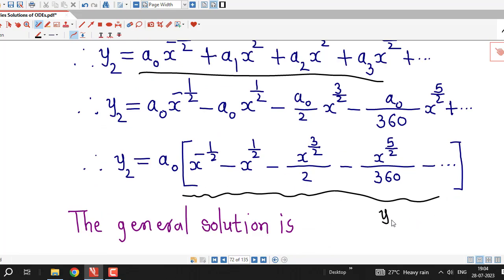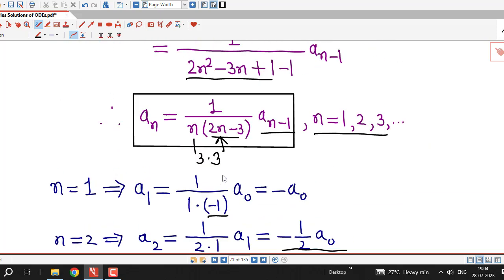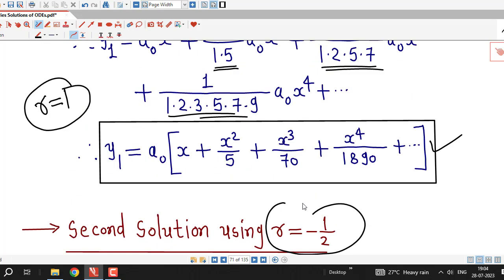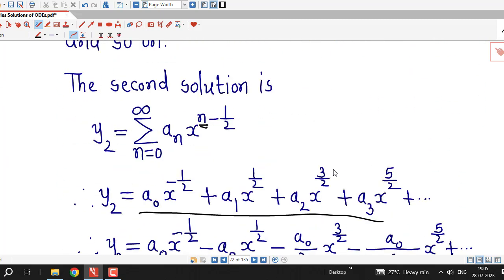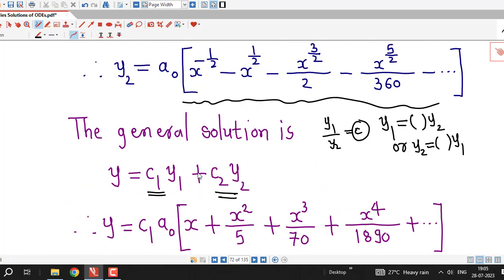Linearly independent means we cannot write y1 as a constant multiple of y2, or we cannot write y2 as a constant multiple of y1. If the ratio of y1 and y2 is constant, then y1 and y2 are dependent. But here the ratio of y1 and y2 cannot be constant. That means y1 and y2 are linearly independent solutions,